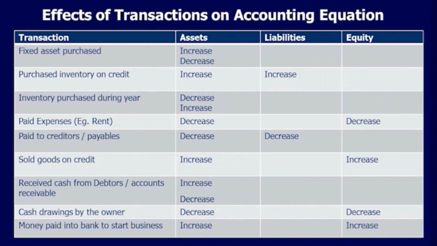So the conclusion is, when financial transactions are recorded, combined effects on assets, liabilities and equity are always exactly offsetting. This is the reason that the balance sheet always balances.